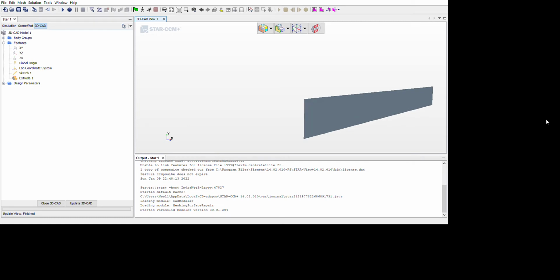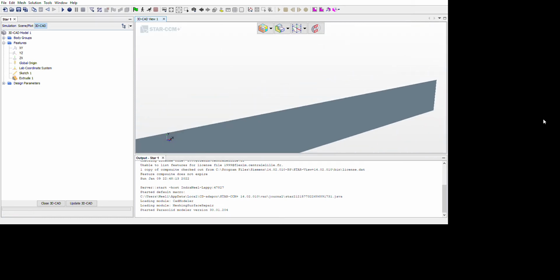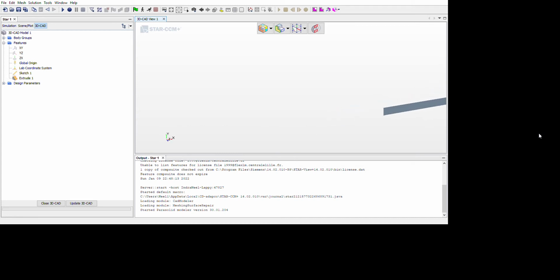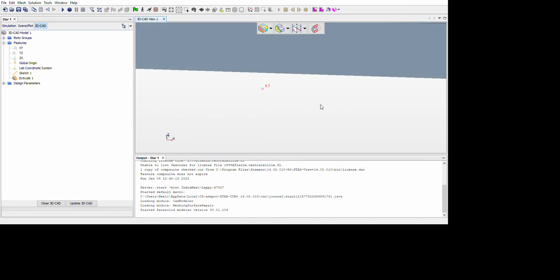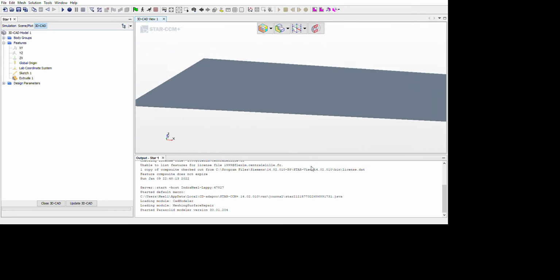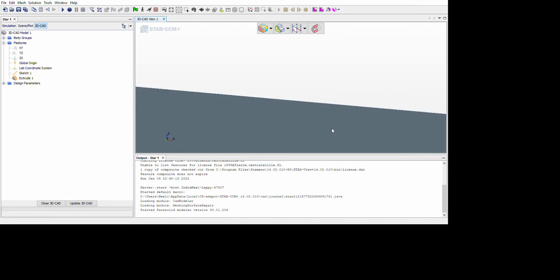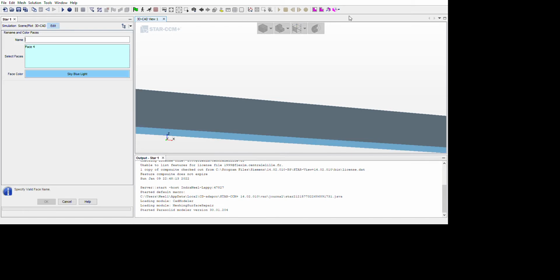So this is my inlet. This is my bottom wall.